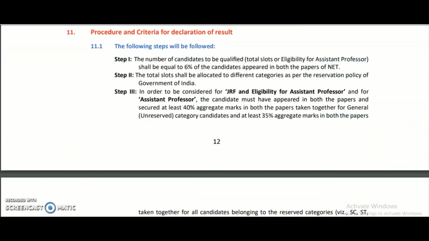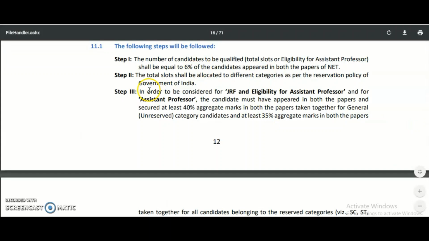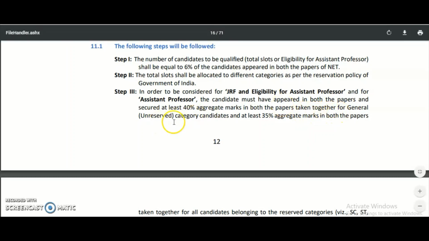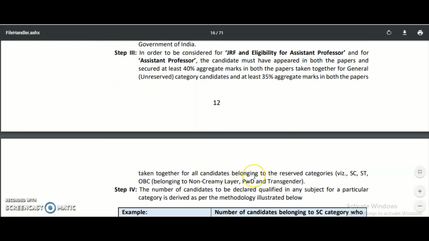So now, coming back to this, we come to know the second point, and the third point: in order to be considered for JRF and eligibility for assistant professor, the candidate must have appeared in both the two papers, that is paper 1 and paper 2, and secured at least 40% of aggregate marks in both the papers taken together for general, that is unreserved candidates, and at least 35% of aggregate marks in both the papers taken together for all the candidates belonging to the reserved category, that is SC, ST, OBC non-creamy layer,